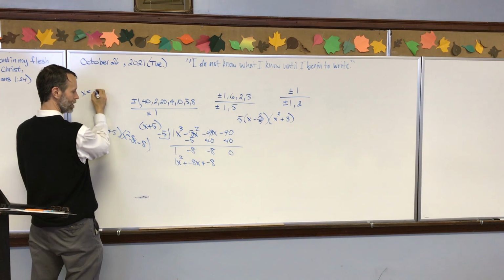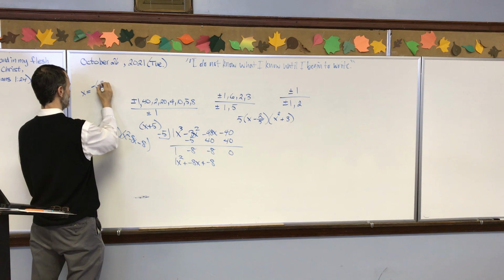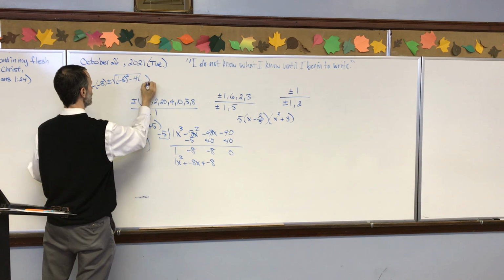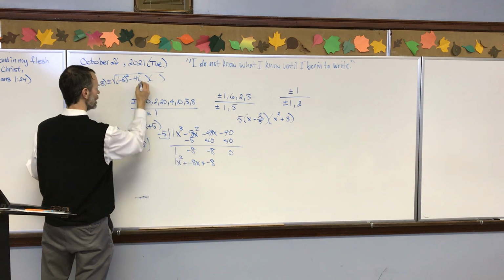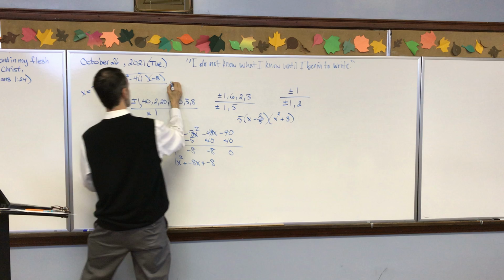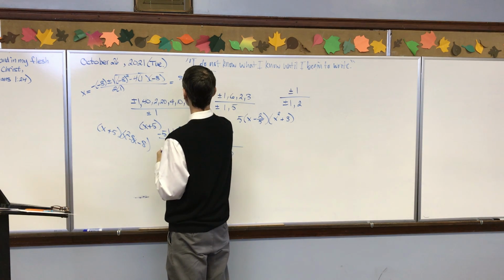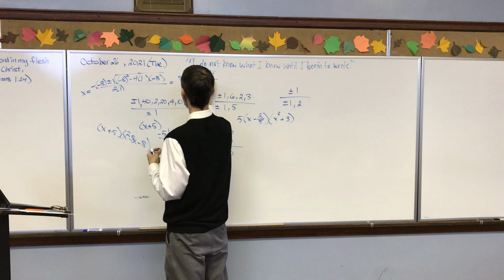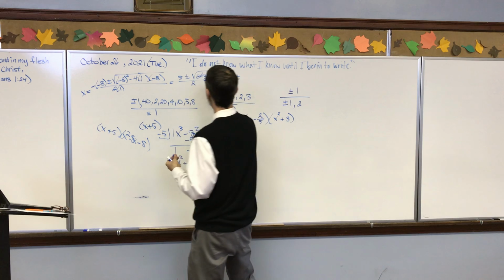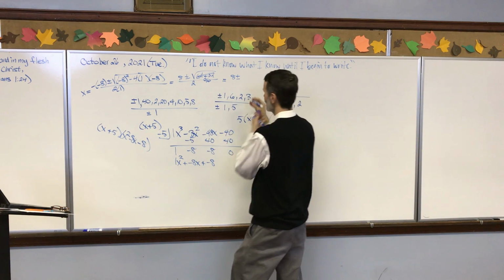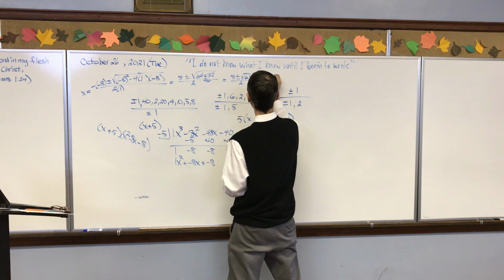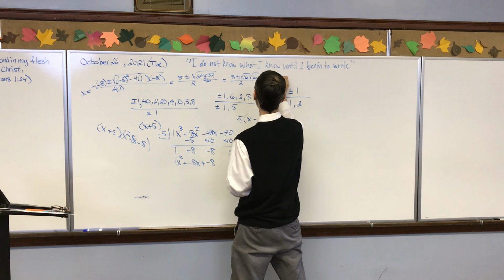X equals negative b plus or minus the square root of b squared minus 4ac all divided by 2a. So this turns into 8 plus or minus the square root of 64 plus 32 all over 2, which is 8 plus or minus, this is 96. That does simplify a bit. This is 16 times 6, radical 16, radical 6, over 2, which is 8 plus or minus 4 radical 6 over